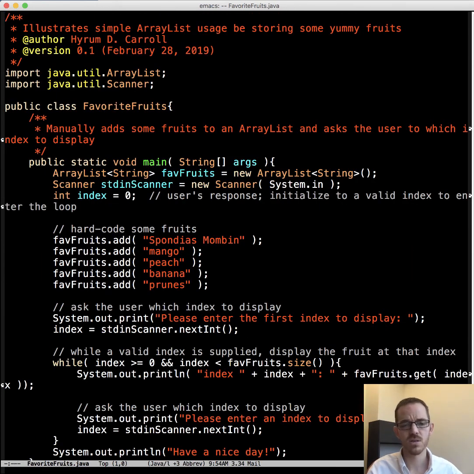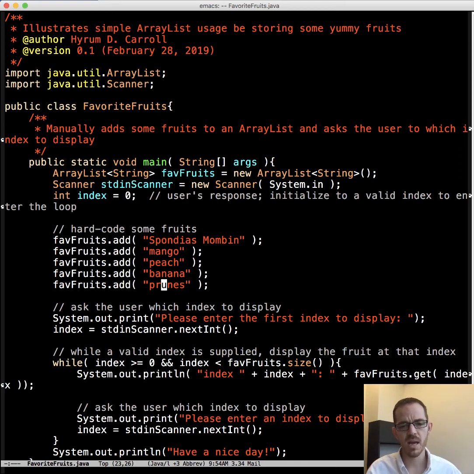Favorite fruits. So here's some code I wrote to be able to just manage some of my favorite fruits. My favorite fruit of all time is Spondias mombin. Okay, and so notice we just declare this favFruits ArrayList, and we're going to add to it. So we didn't say ahead of time how many it's going to be, and so we just add to it, add to it, add to it.